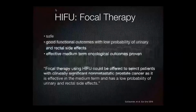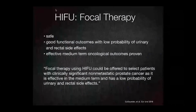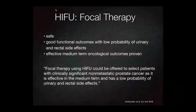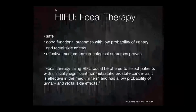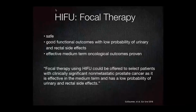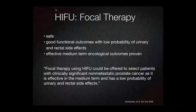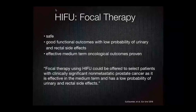So focal therapy is safe. It's got very good functional outcomes with a low probability of urinary and rectal side effects, as well as erectile function results. And it's got very good effective medium-term oncological proven outcomes in comparison to surgery and radiation therapy. And it can be offered to select patients with non-metastatic prostate cancer, especially if they are very, very focused on their quality of life outcomes,